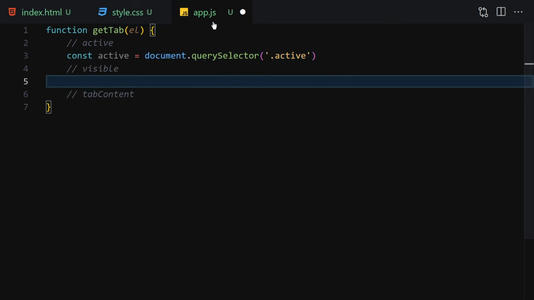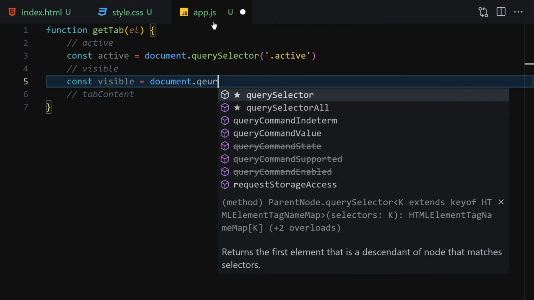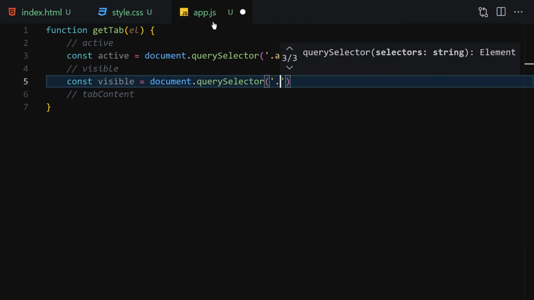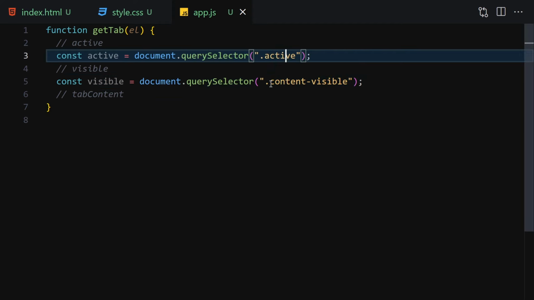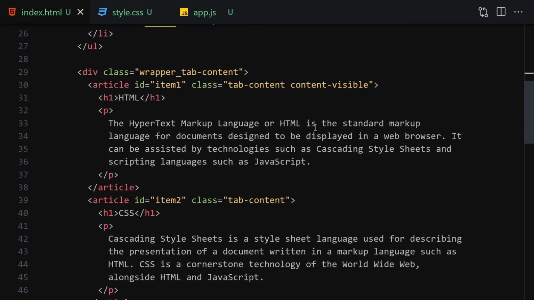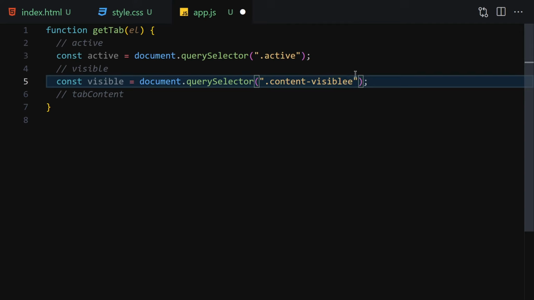So that's the active. So now let's get a visible, and now let's select that with querySelector, and here we just have to write our content visible class. Let me make sure this is the active, but now let me make sure of this one. So let me copy that and paste it right there, and now let's remove that extra e, save it,